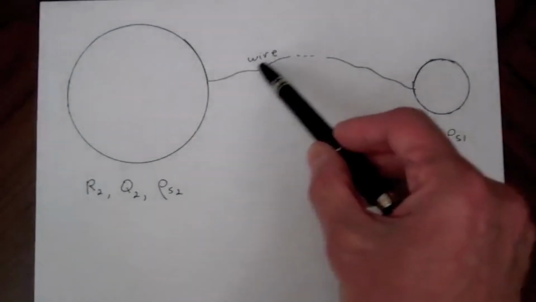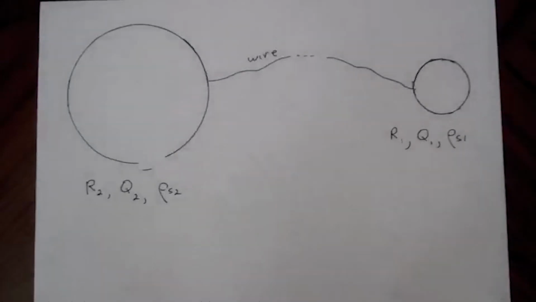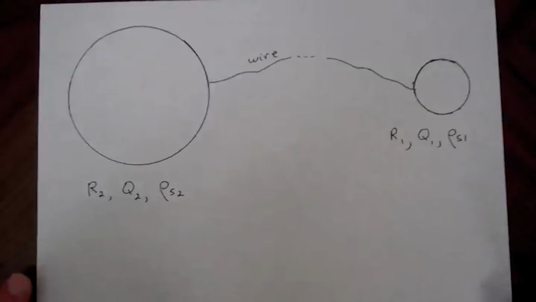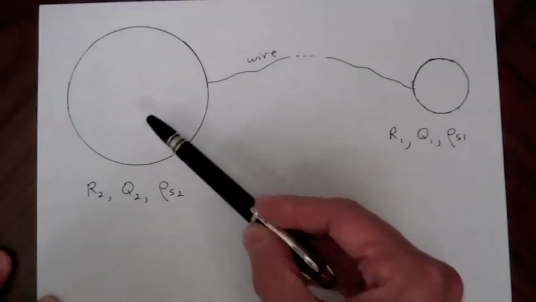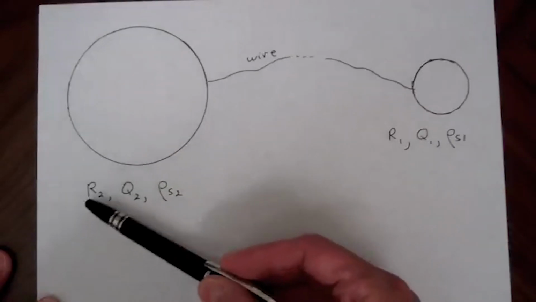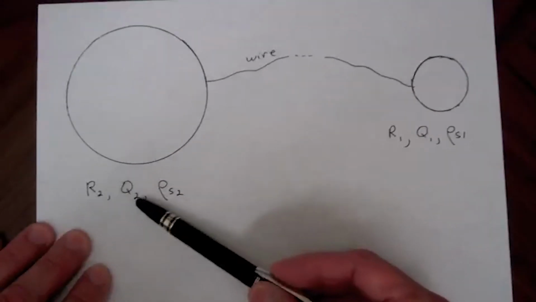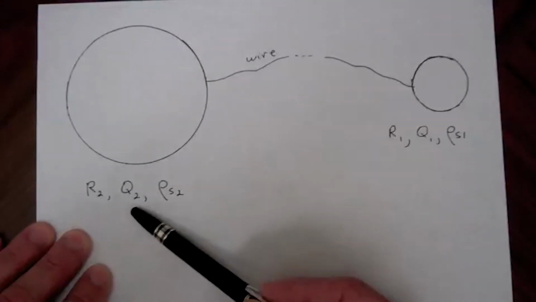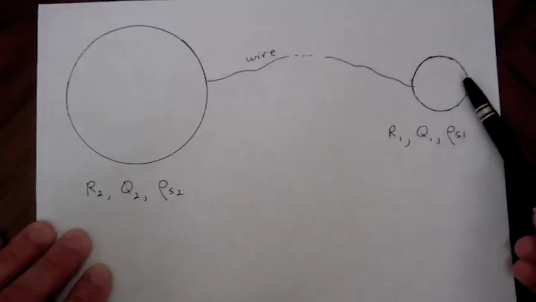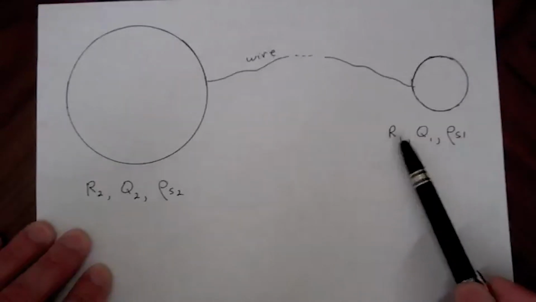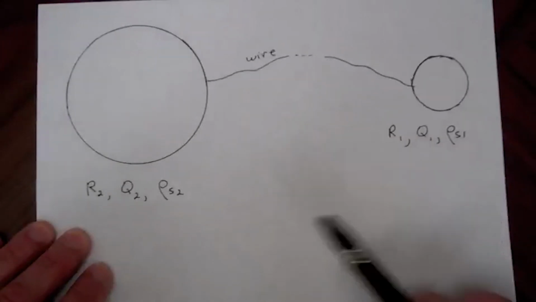We've maintained contact with this wire, so they've remained at an equipotential, and at this point they're separated by a great distance. This one we'll call sphere 2 with radius r sub 2, total charge on it q sub 2, and the charge density on the surface rho sub s2, and this will be sphere 1 with radius, charge, and charge density